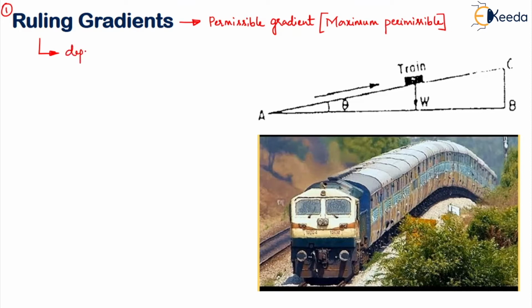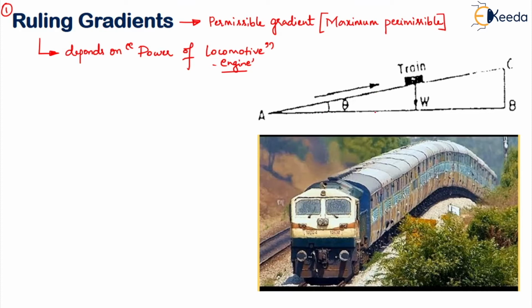of the railway track. So mainly it depends upon what? It depends upon the power of the locomotive. So what will happen? More power is required for steeper gradients and less power is required for non-steeper gradients, right? Locomotive is nothing but your engine, right? The engine capacity is nothing but, so power of locomotive is nothing but the engine capacity. More the engine capacity, it can move or pull the railway track on the steeper gradients.